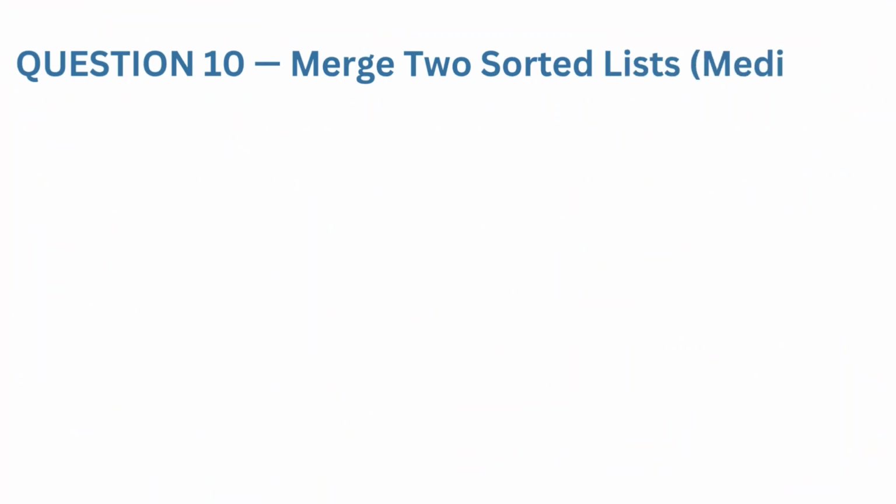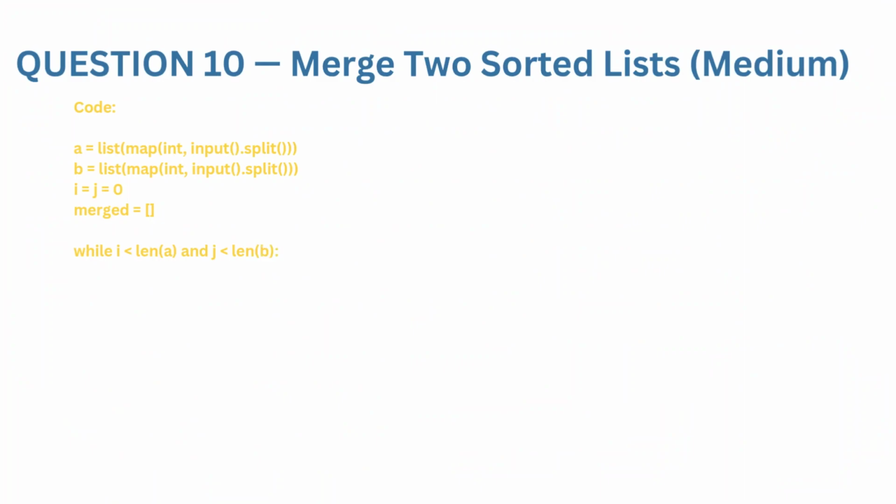And the next question is merge two sorted lists. You are given two sorted lists and we have to merge them. For solving this, we have to create two lists A and B, and initialize i and j equal to 0 and merged. While i is less than length of A and j less than length of B, if A of i is less than B of j, then we can merge append A of i, that means i equal to i plus 1,